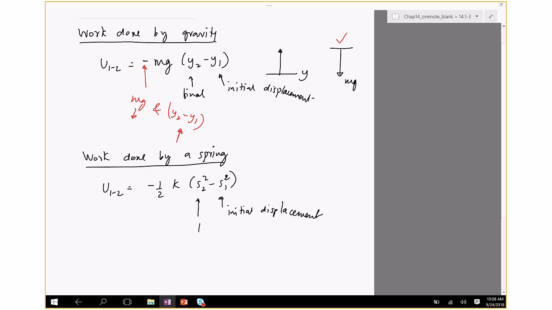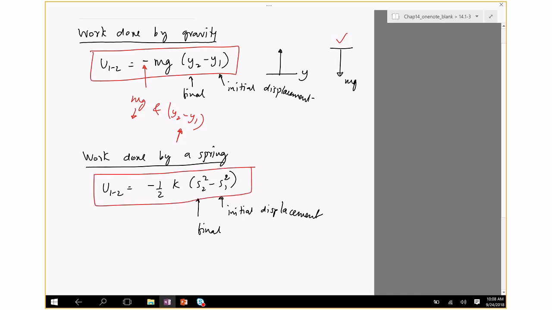This is the final displacement. Why is it always negative? When you take a spring, you stretch it, the force is this way, right? But the spring has a tendency to compress back to its normal shape. So